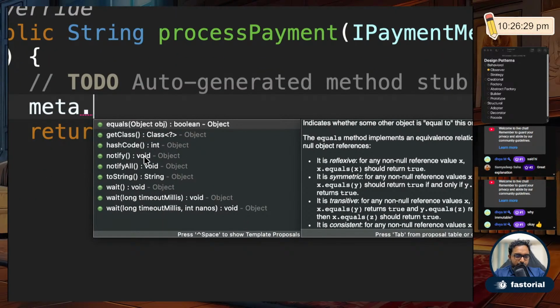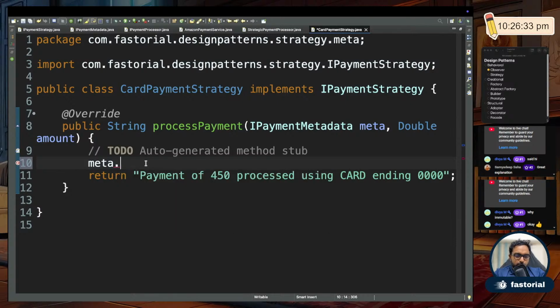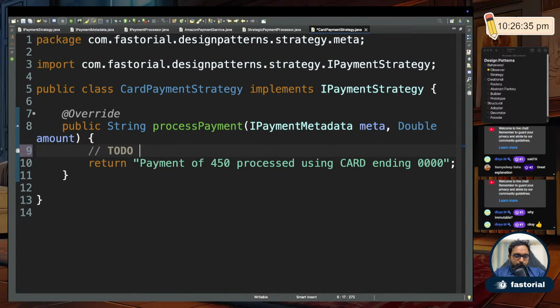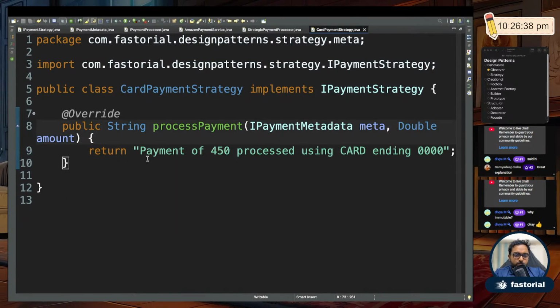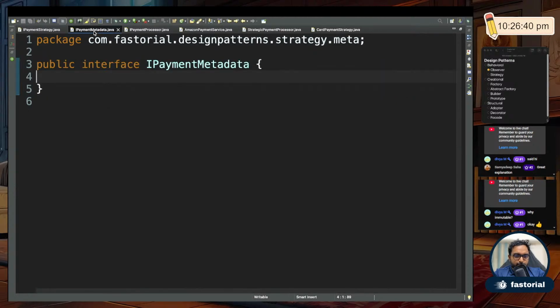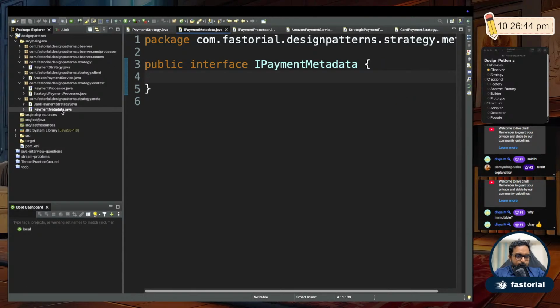Because that's a dummy interface. It doesn't have any data inside. See, there is no get card number or anything like that. So what I'll do is I'll create one more implementation for the metadata. Okay. So if I go back here,